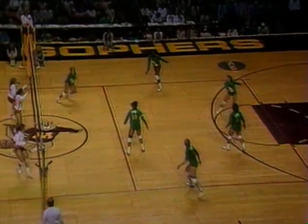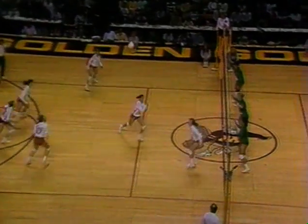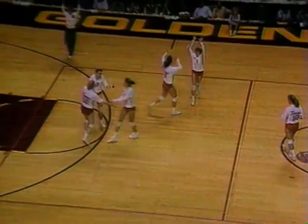Championship point for Texas. Back set, T, off the hands, a saving spike for T. Williams. And Mick Haley applauding T. Williams going into the backcourt. He has to feel very good about his chances. Hawaii trails, excuse me, Chris, 13-14. T. Williams now in the back row. Dug by Golden. And Williams hits it out of bounds. And Haley